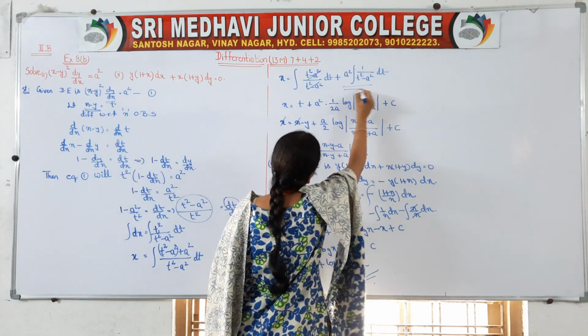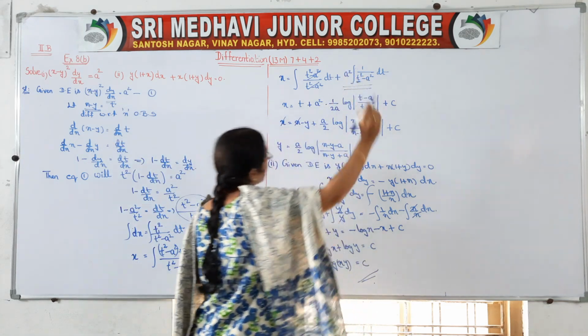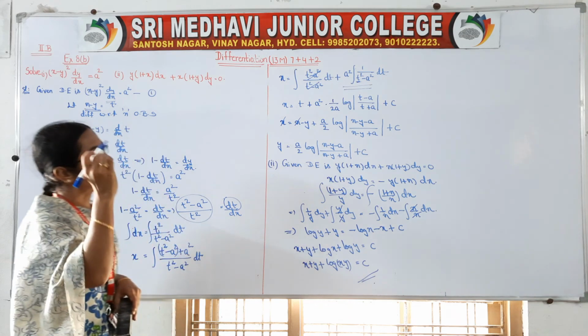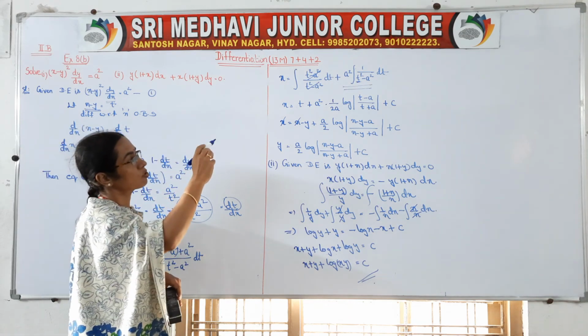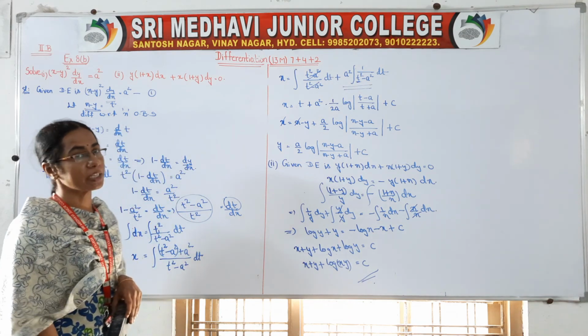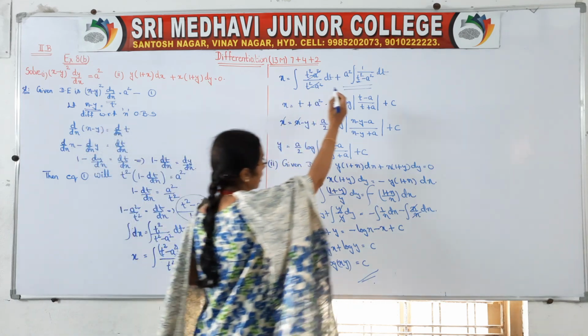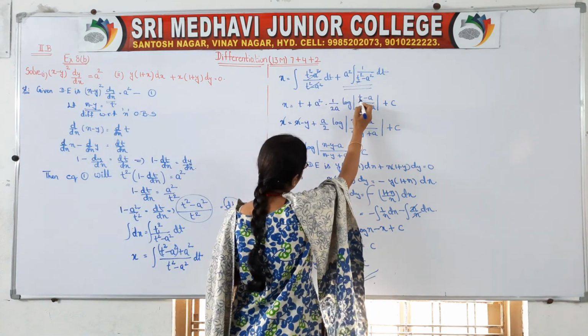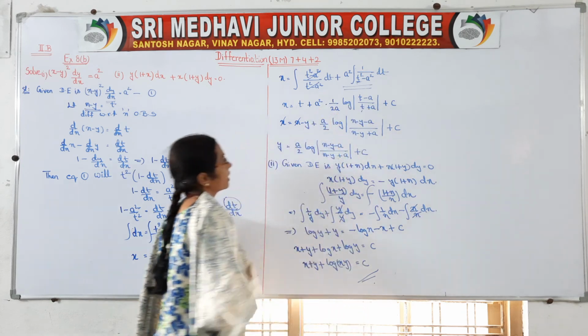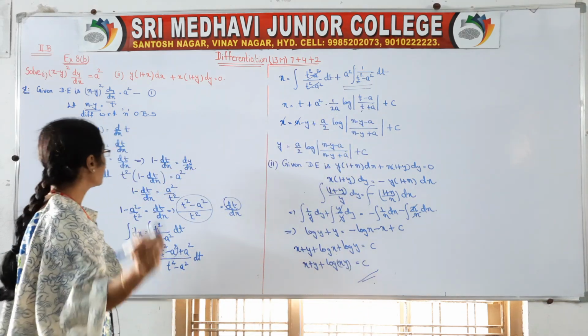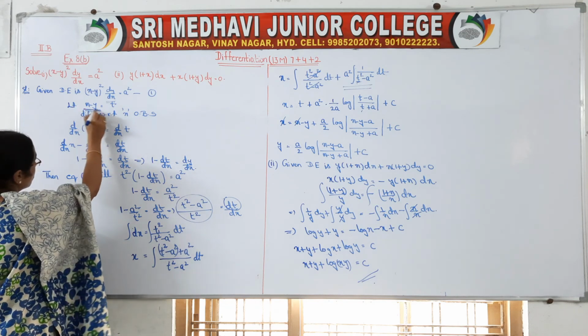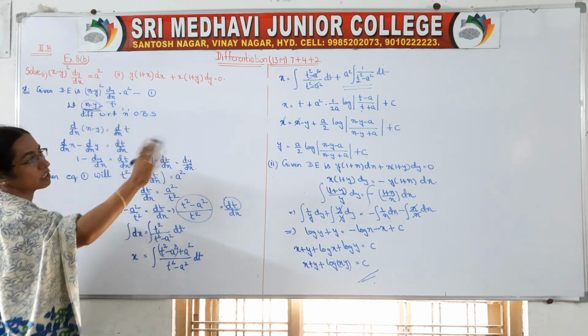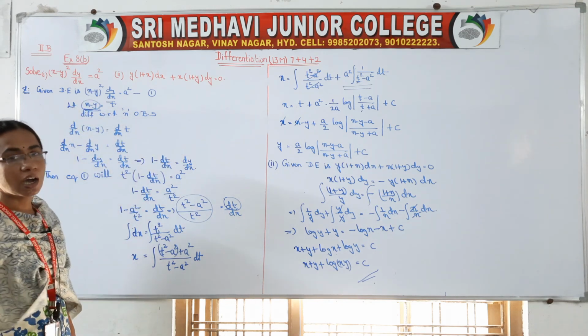So instead of x we are having t here, there is one standard formula, integral 1 by x square minus a square formula is there. Instead of x you are having t. So just apply that formula. Wherever x is there in the formula, you have to take t, right. So finally we have taken t is equal to x minus y. Substitute and simplify, you will get your answer.